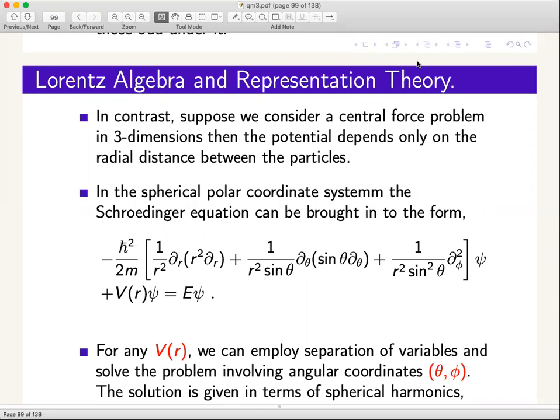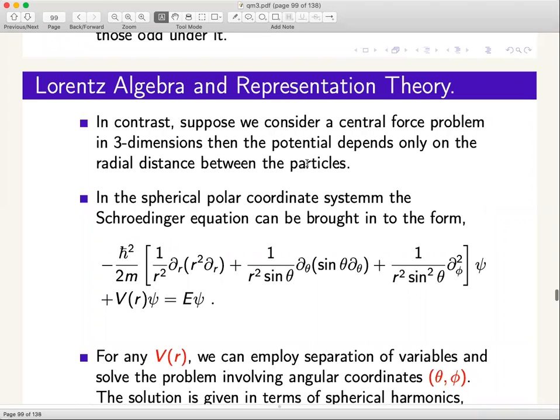So the two examples that we have looked at have two different kinds of symmetries. One symmetry was x going to minus x symmetry, which is a discrete transformation. Either you flip the sign of the coordinate or you don't flip the sign, or you flip the sign of the coordinate twice, which is the same as not doing anything.